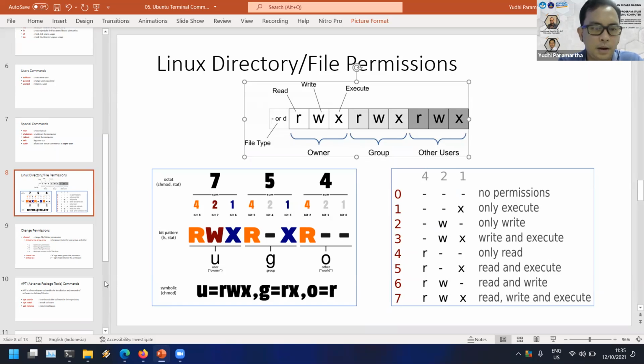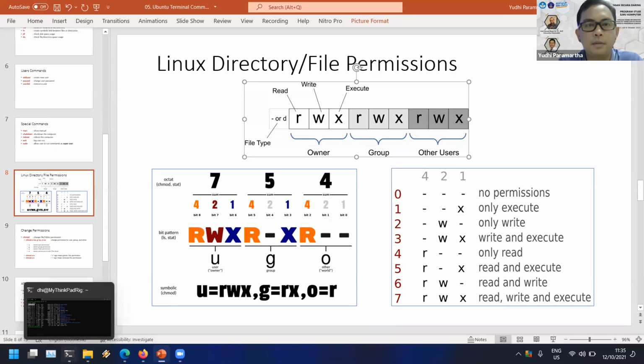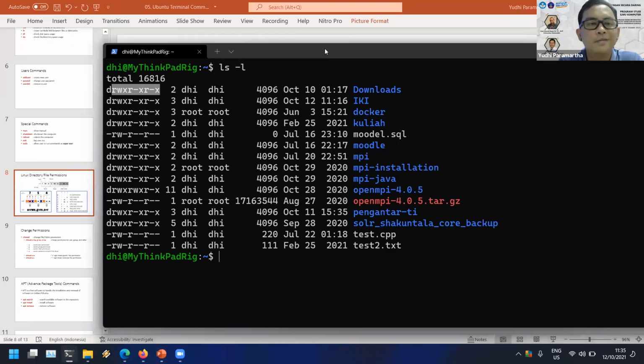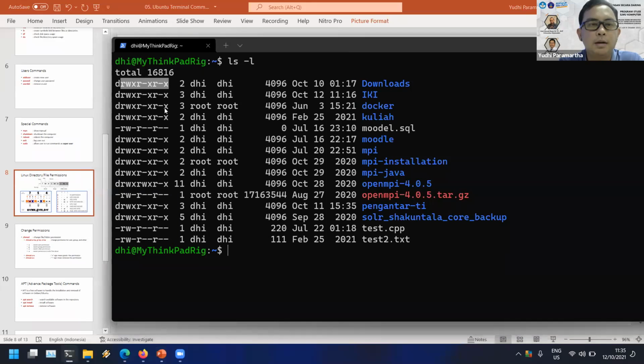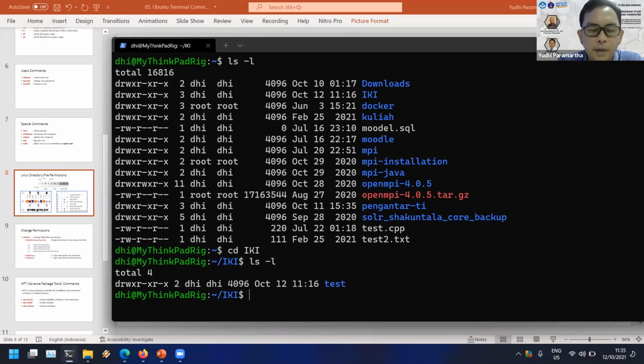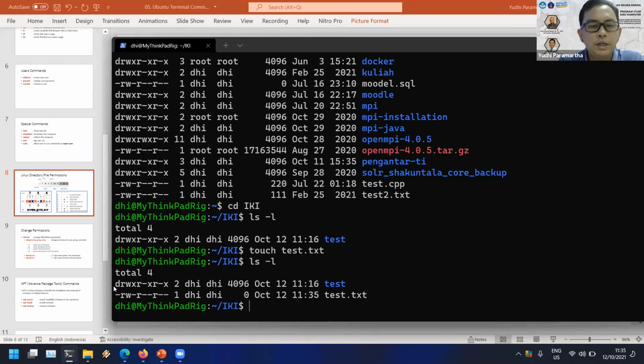Or maybe I will give you an example. Okay, for example, this folder that we talked about before. Maybe I will go to the IKI folder. Okay, I'm making a file, test.txt, for example. So we could see the permission here.